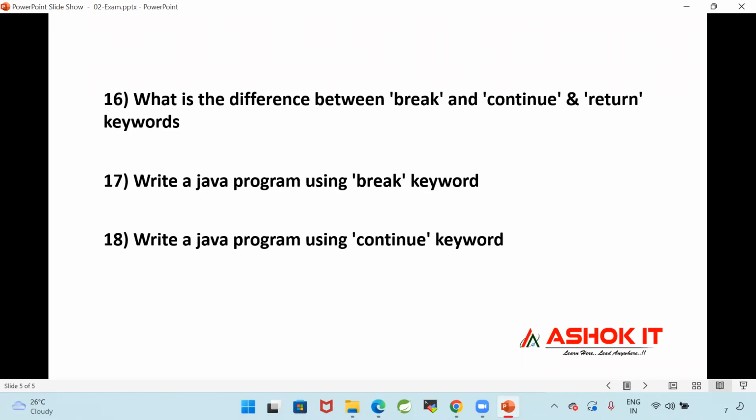You need to write one program using the continue keyword.